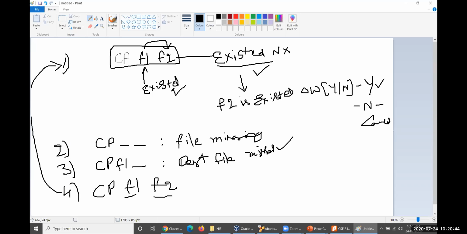If file 1 exists and file 2 also exists, the user is asked the prompt. If they say yes, then the contents of file 1 are copied to file 2. If the user says no, the operation gets cancelled.